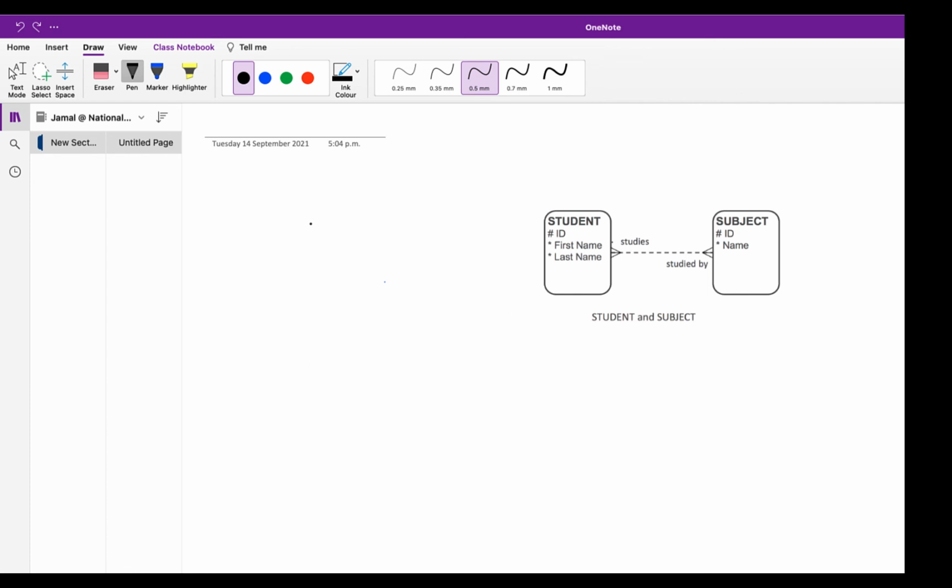Let's suppose I have a student table, and obviously attributes would be ID, which would be a primary key, first name, and then last name. Let's suppose I have one instance of that student, where first name is John, right?